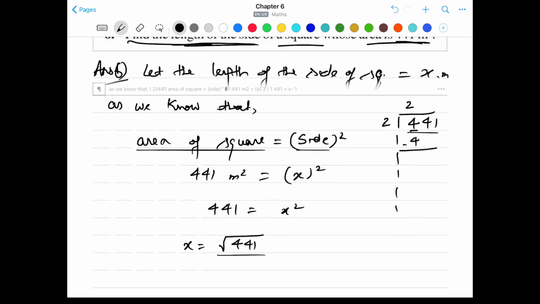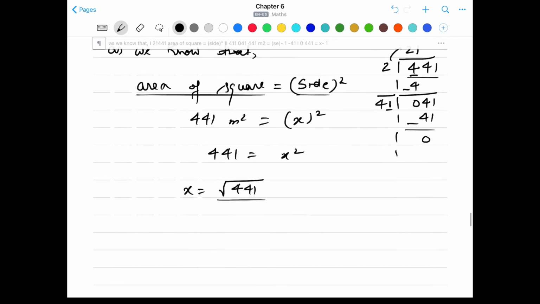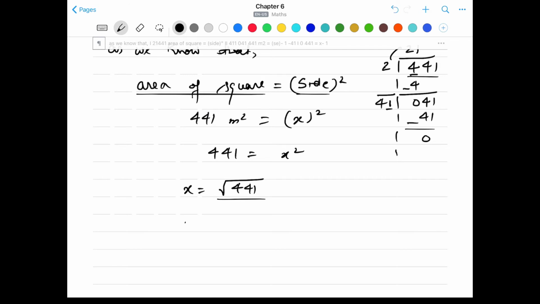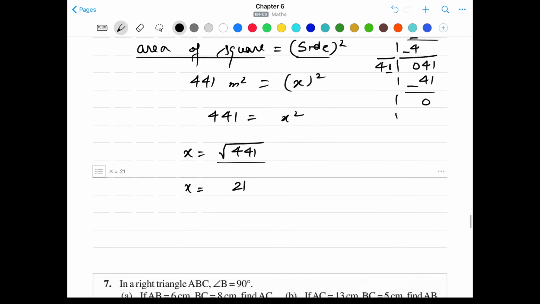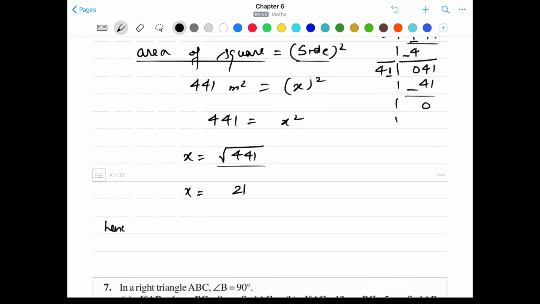After subtraction you will get 4 minus 4 is 0. On this side we'll add these two digits, so 2 plus 2 will be 4, keeping one space here. Now take down the next pair of digits, which is 41. If you take 1 here and 1 here, so 1 into 41 will be 41. When you subtract them, you will get remainder 0. That means the square root of 441 is 21. So at the place of this x we can write 21. Hence the length of side of square